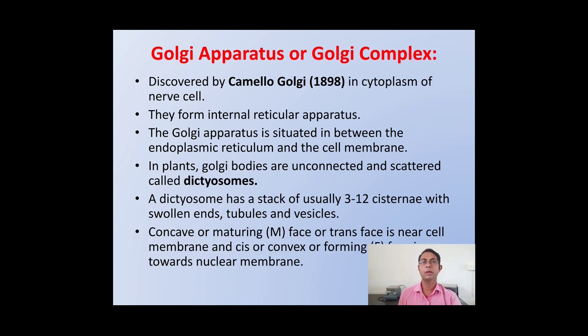So Golgi apparatus has three parts. The concave or maturing face, or trans face, is near the cell membrane, and the cis or convex forming face is towards the nuclear membrane. Now